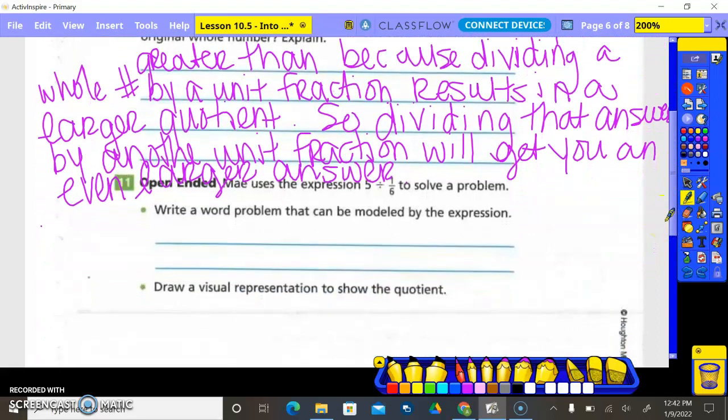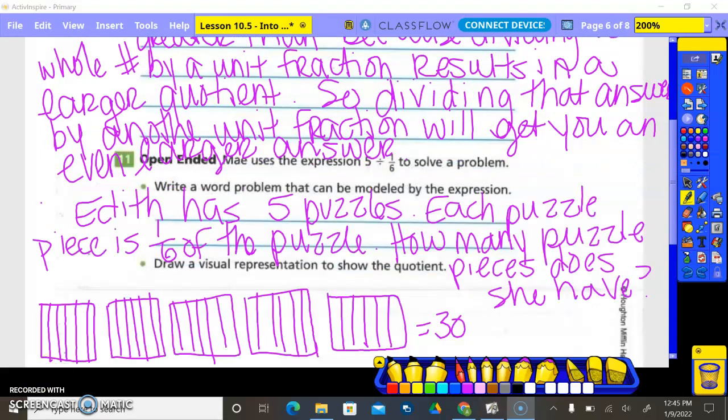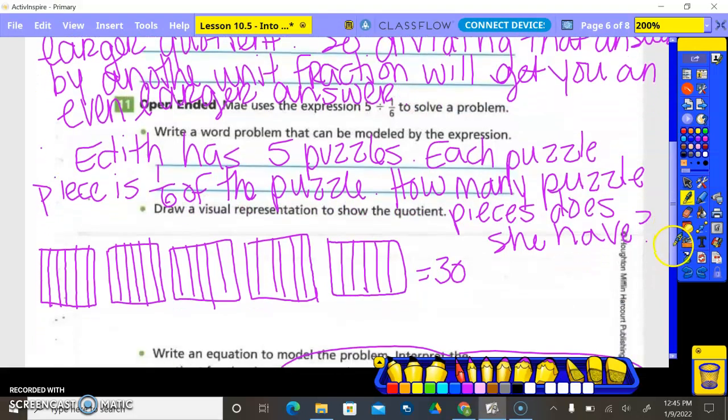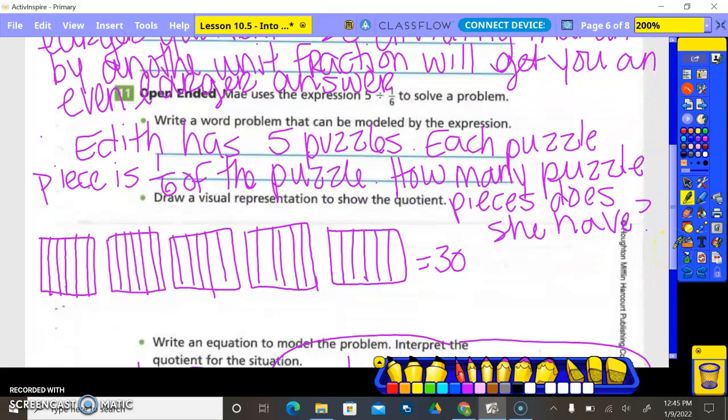Number 11, open-ended. May use this expression 5 divided by 1/6 to solve a problem. Write a word problem that can be modeled by the expression. Okay, so the word problem that we came up with: Edith has 5 puzzles. Each puzzle piece is 1/6 of the puzzle. How many puzzle pieces does she have? So it wants us to draw a visual representation to show the quotient. So we drew 5 boxes and broke each of those boxes into 1/6 size pieces and ended up getting 30